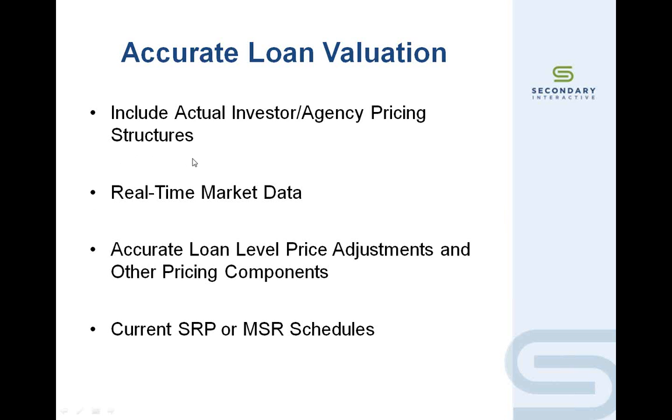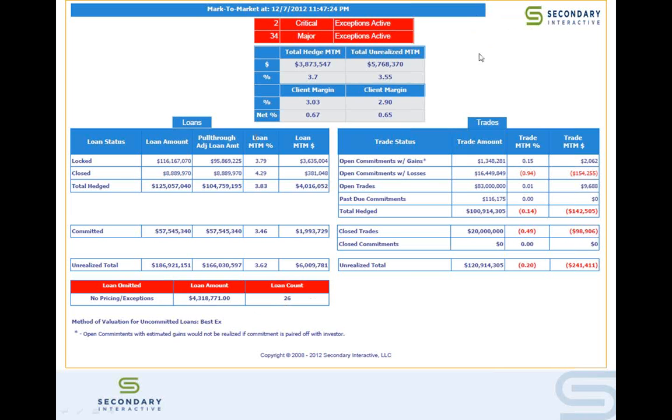So what we're doing in our system is bringing in actual investor and agency pricing structures. It's not modeling a potential execution, but actually looking at each client's specific commitment structures, be they investor, aggregator related, or agency related with your own servicing component, doing a best execution and assigning a value to that loan, including all loan level pricing adjusters and all the factors that go into creating that price. By doing that, we're able to assess when a loan characteristic changed and the impact that it actually has on the pipeline.